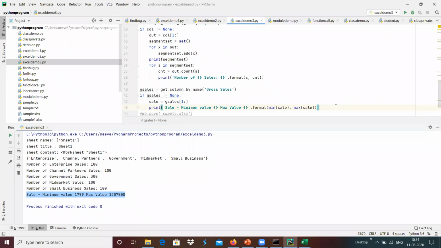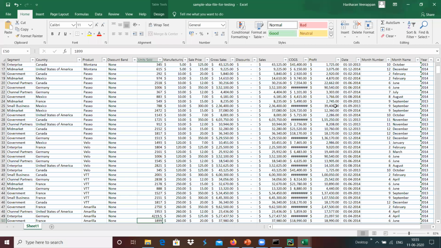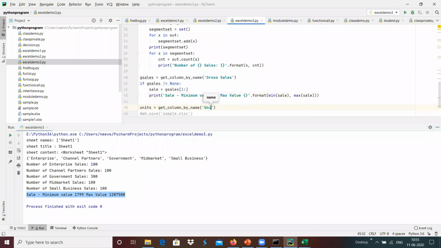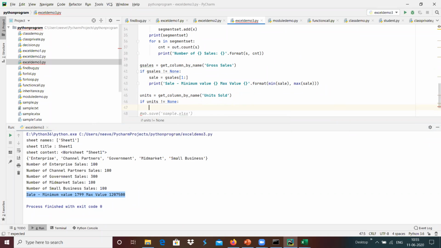For example, I'm going to add another one called units equals get column by name, and I'm going to use units sold over here. Units sold, and if units not equals none over here, unit equals, I'm going to remove the first one, which is 1 colon.